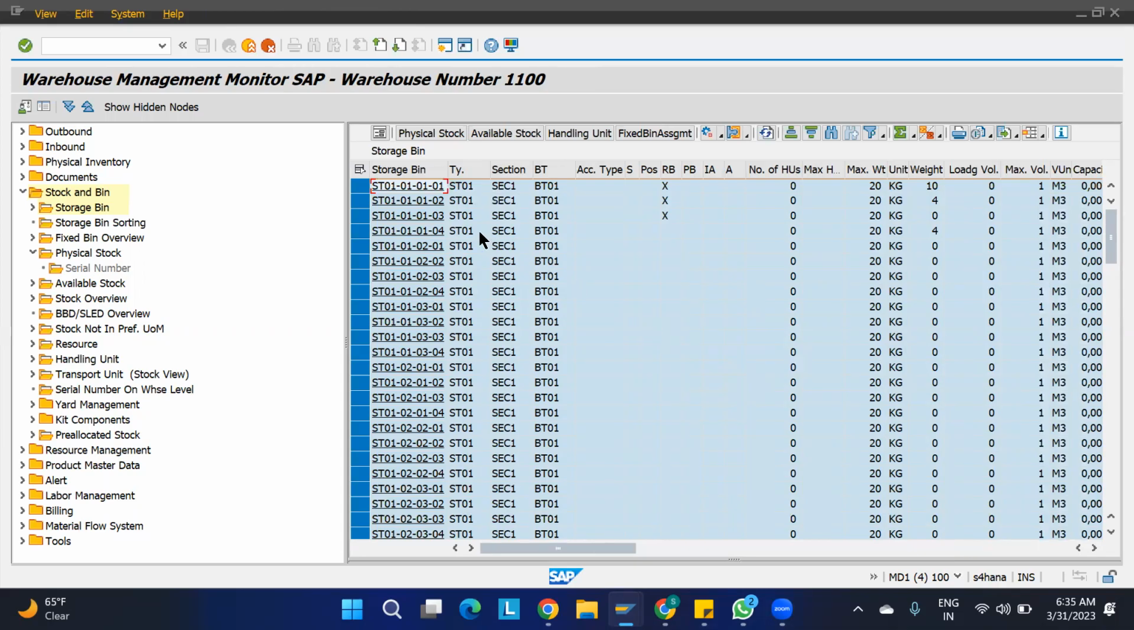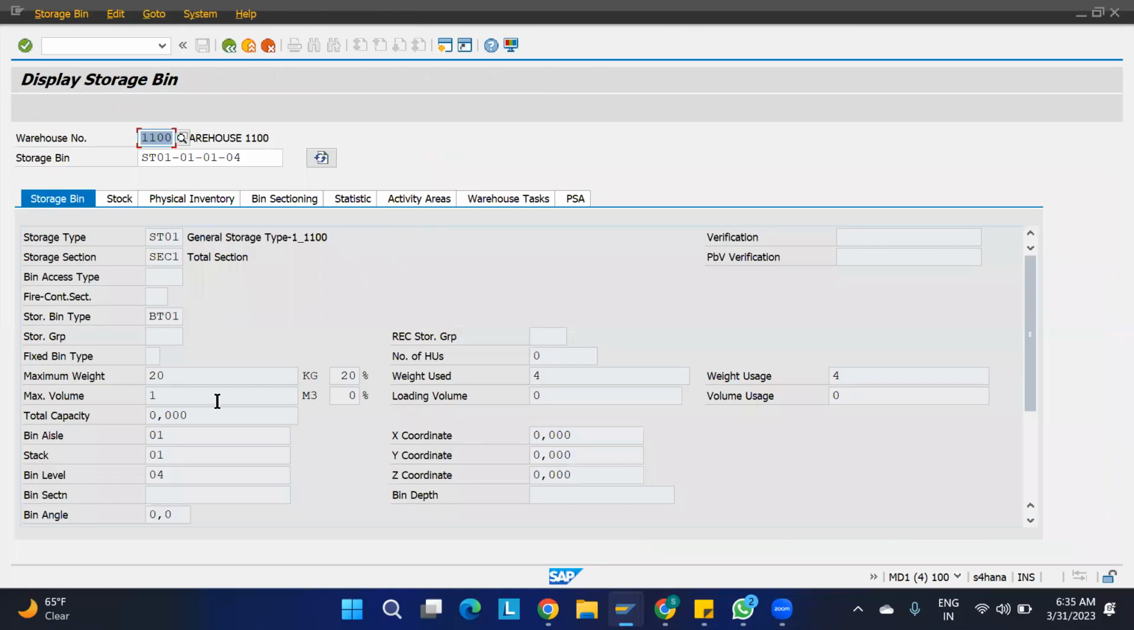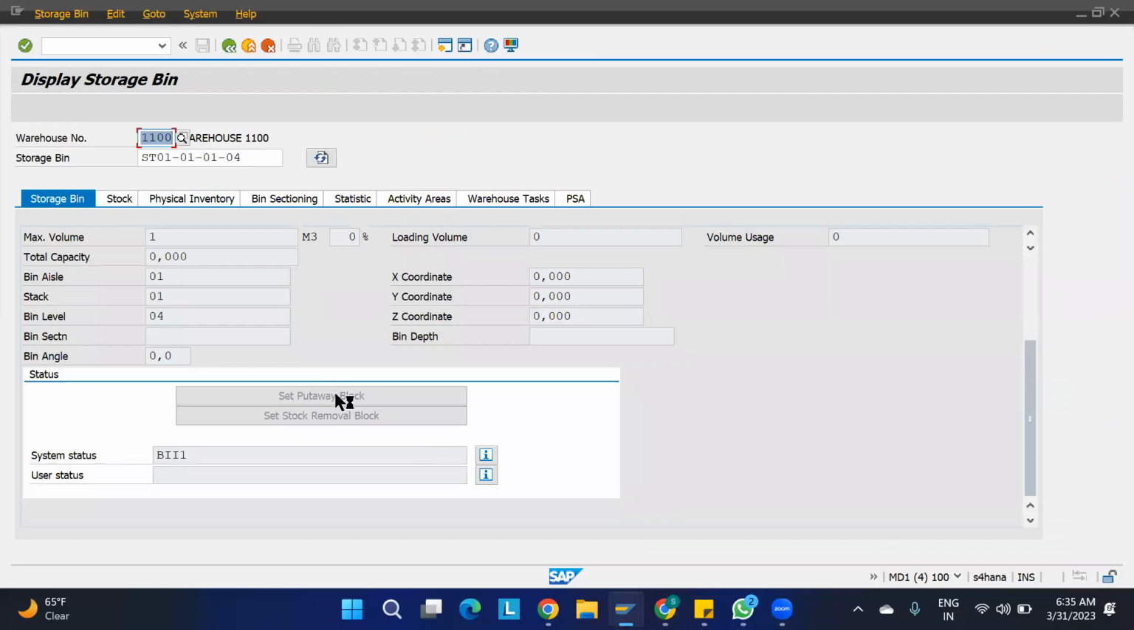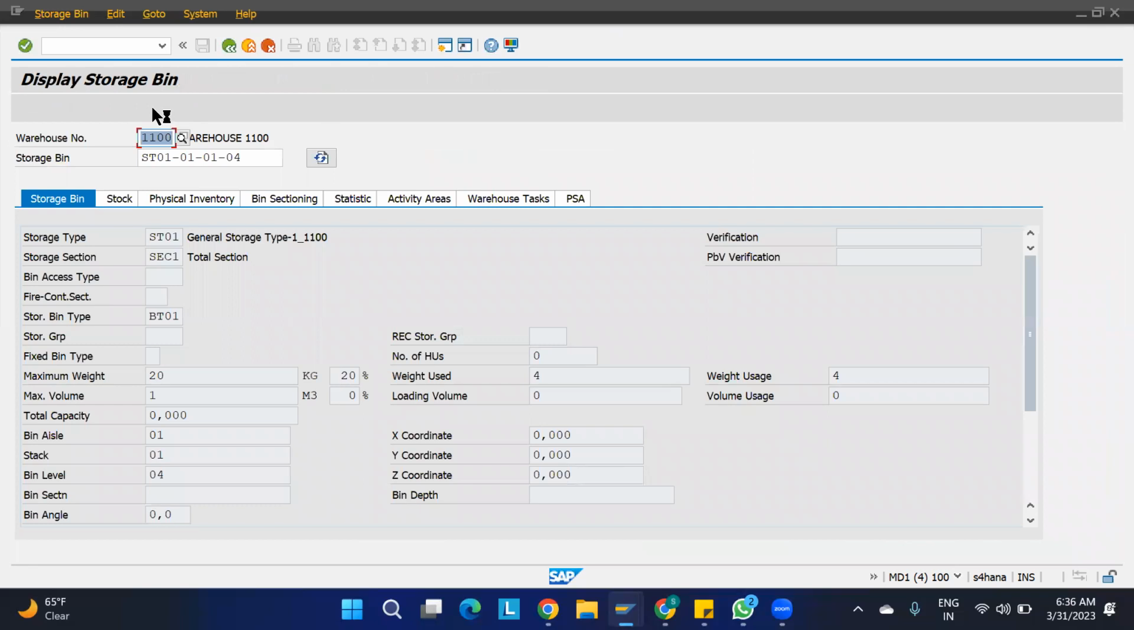Yes. We have shown, if you are opening one individual bin, here also you can do it at the downside. If you go to the downside, here you have the put away block and remove block. If you go to the edit option, you can do this. Where is the edit option? Go to LS02. I'll just consider this, copy this and go to